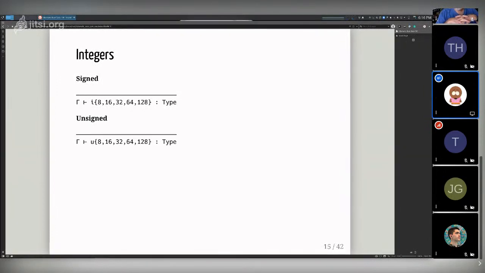You don't have to guess what an int means on this platform, or what a uint means on this platform, or long int or long float. All of those things are baked into the type itself, which I think is quite nice. Signed types start with i and then the precision, and unsigned integers start with u and the precision, right? Pretty straightforward stuff. I didn't know that there was a 128, to be perfectly honest. When I started writing, I thought, that's pretty cool. I'm not sure what you could do with that. But the 128 version does exist for integers, signed and unsigned.